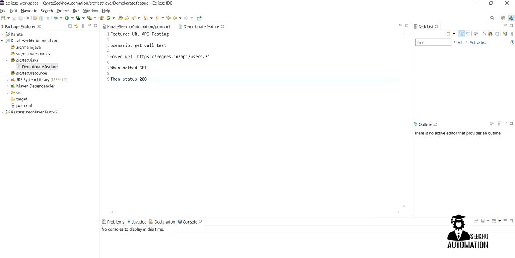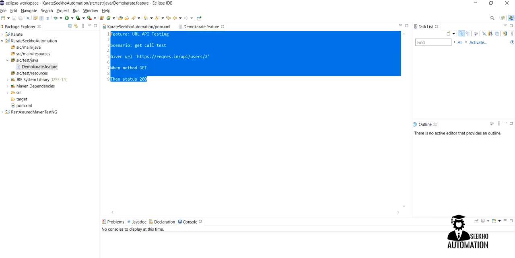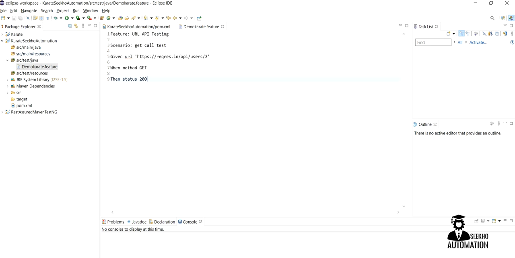We just need to hit this URL and check whether we get the 200 response code or not, right? This is a basic, simple way to validate the get request in Karate framework.